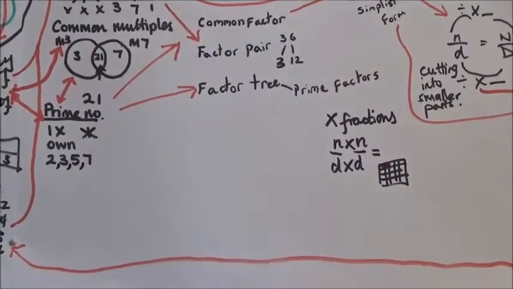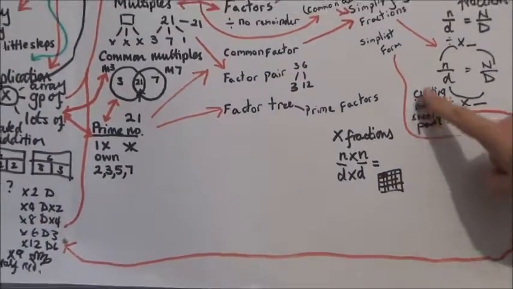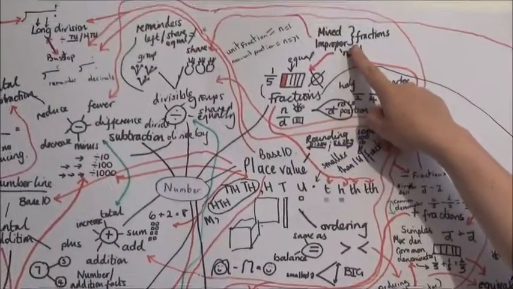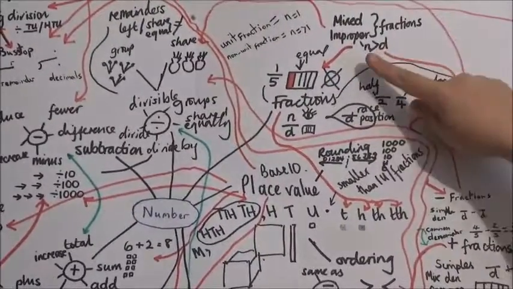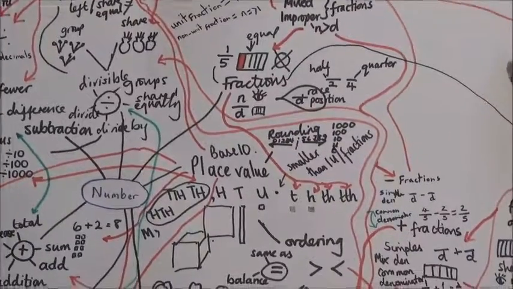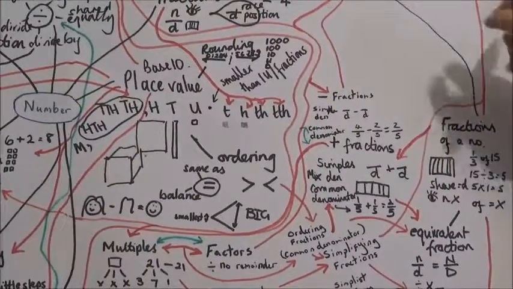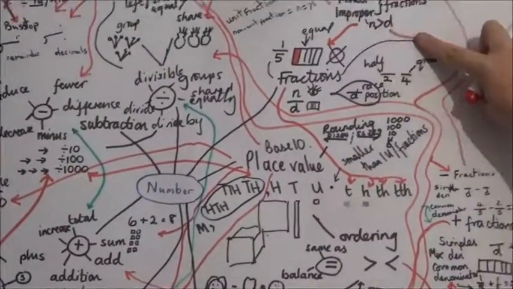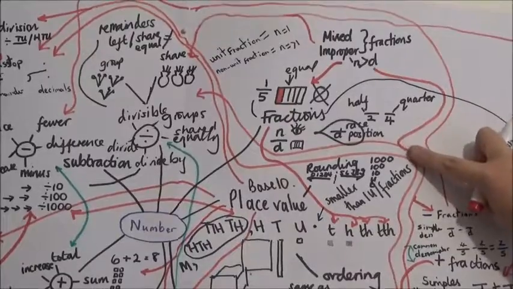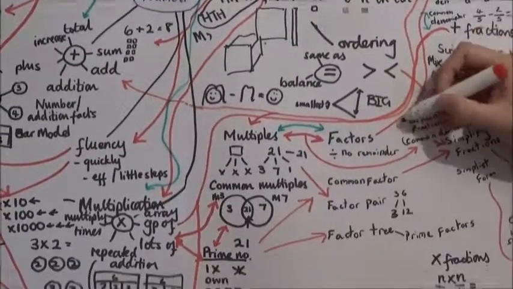So, where have we linked our understanding? If the camera can follow me up, we're going to go up to mixed and improper fractions first. So this is like snakes and ladders. I'm going down here, down, past factors. I'm going to come through here